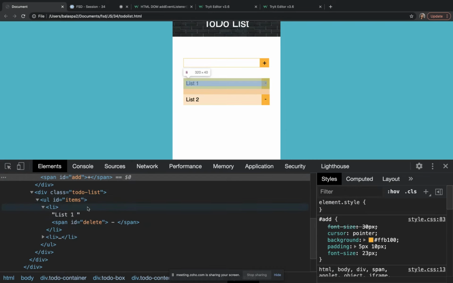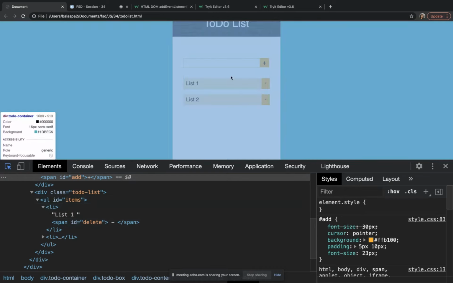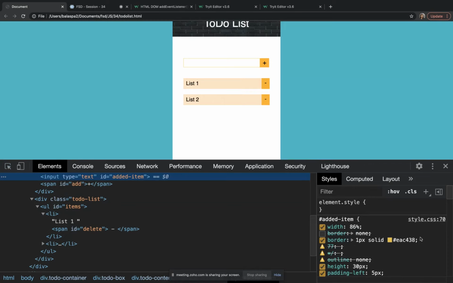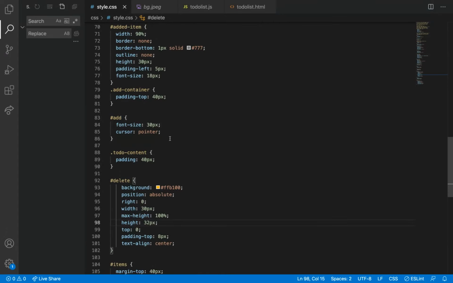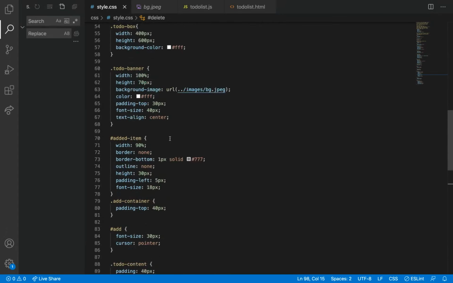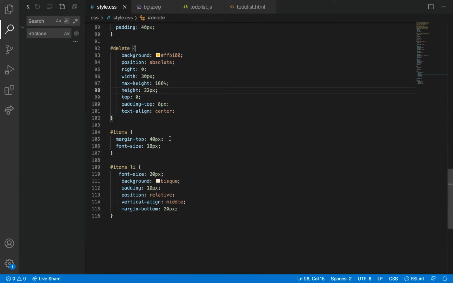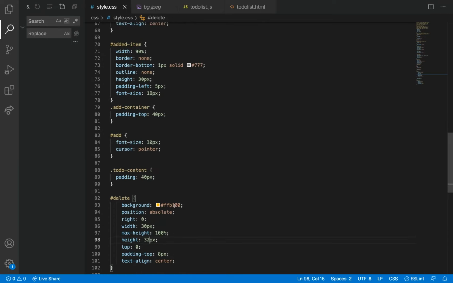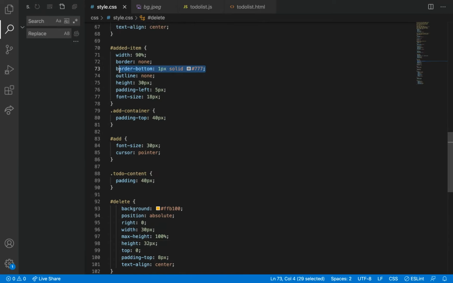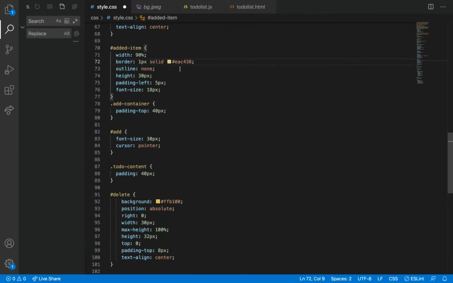So input, I need to change the border color. Input, or this add, I think. No, this thing. Border bottom, yeah. Border I need to remove, and then 86% I gave.